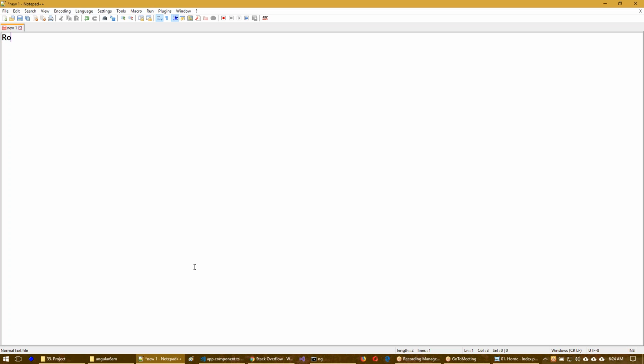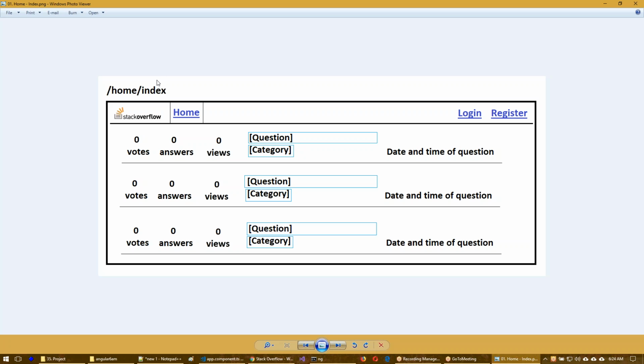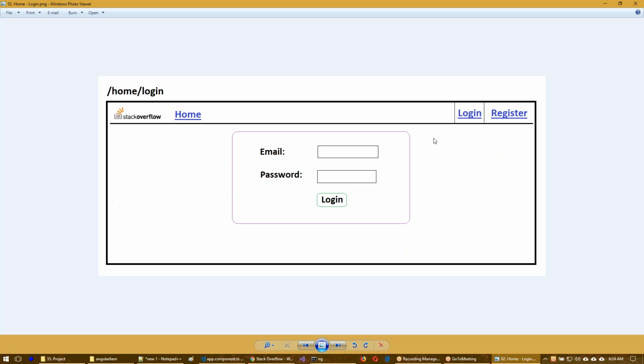So routing is a process of creating a navigation mechanism for the application. What is the meaning of navigation mechanism? See this one. We have one page first. Next, if you click on the login button, we have another page, and so on. We should have a navigation mechanism, right? And also there should be some mapping between the URL and the corresponding page, right?